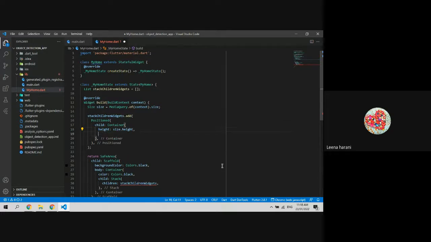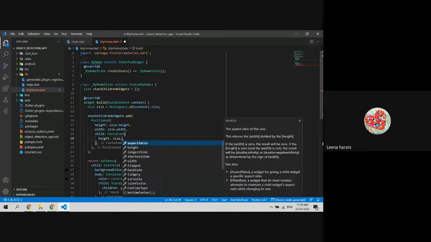So height of our phone, and we can say width, size dot width, and this container we can, let's copy this and paste it up in the position. And inside of this container, we can say height size dot height,